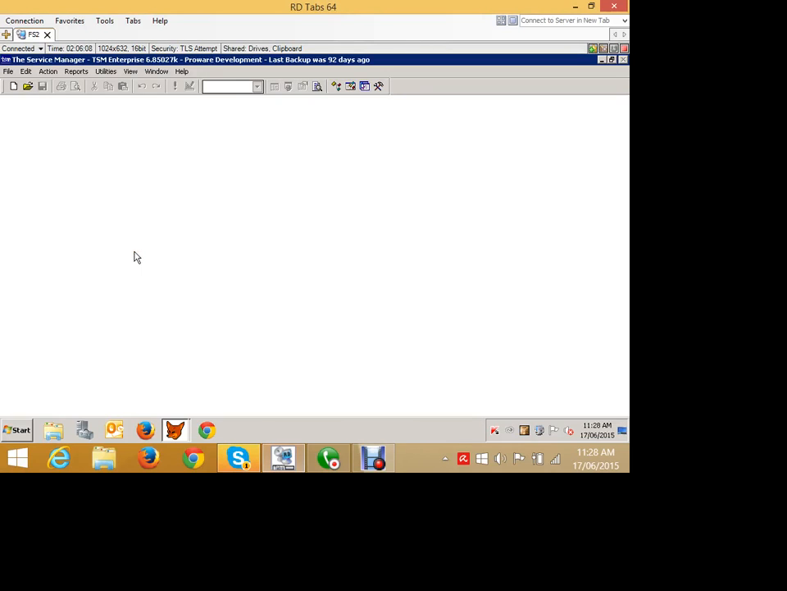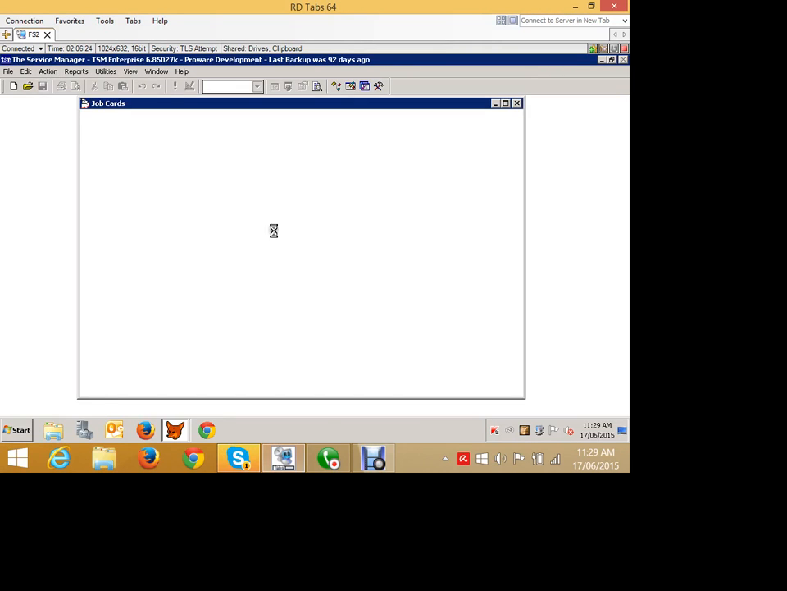What we're now going to do is a complete run through from quote all the way through to invoice out at the end. And we're going to go through it quite quickly just to give you the flow of how everything works. So the first thing we're going to do is open up a job card. We're going to create a new job